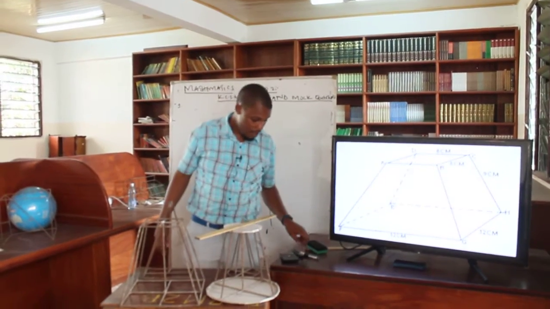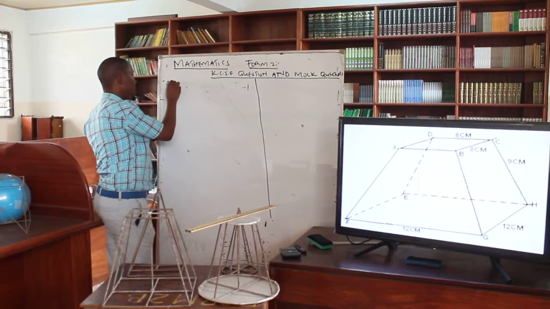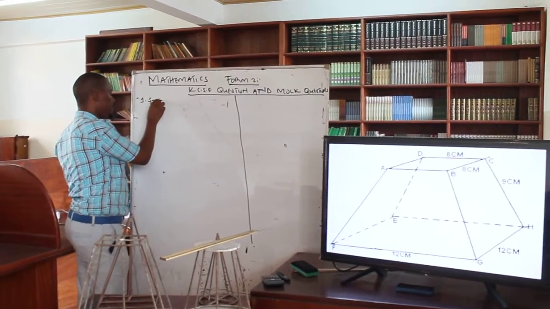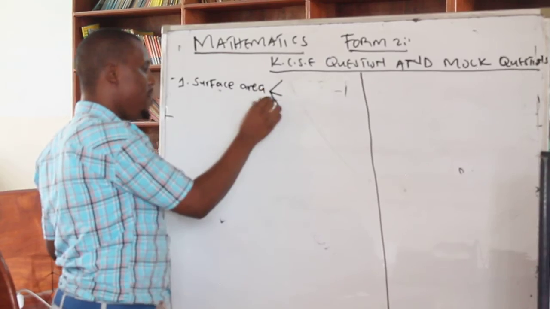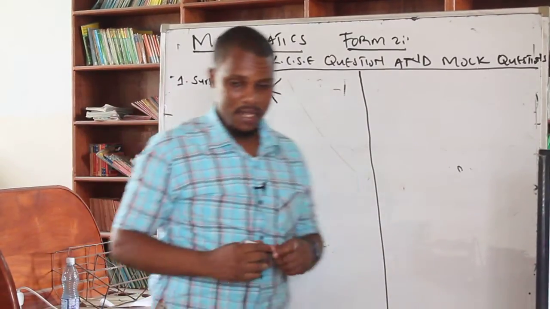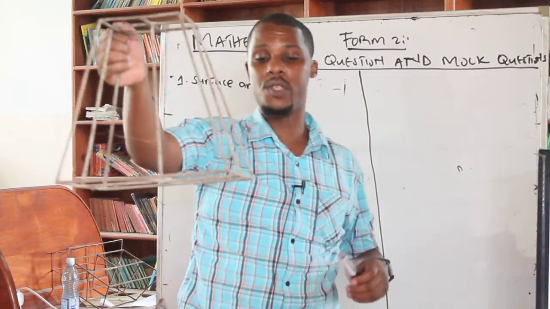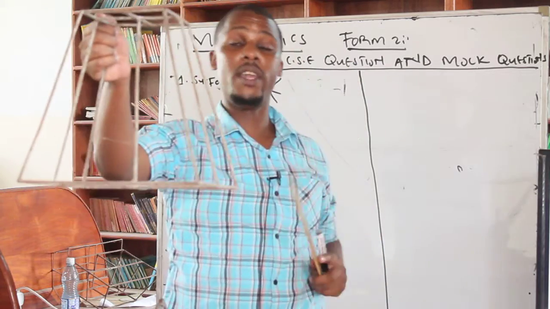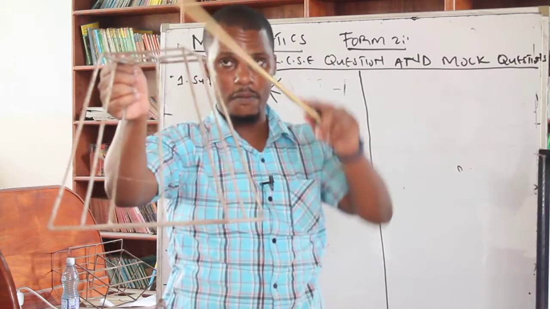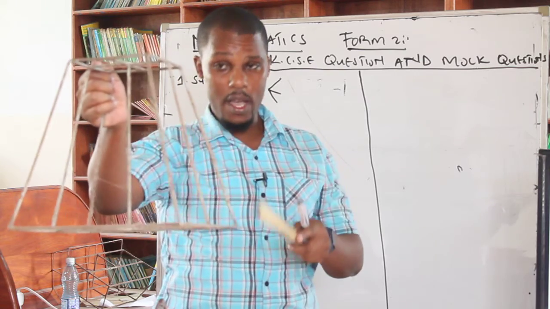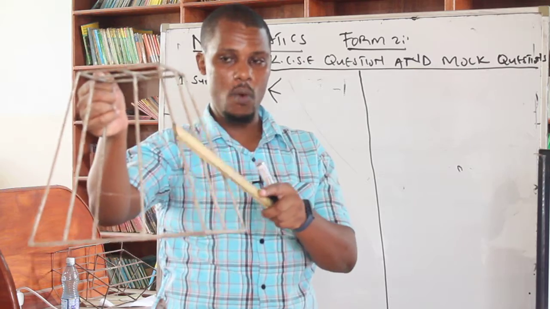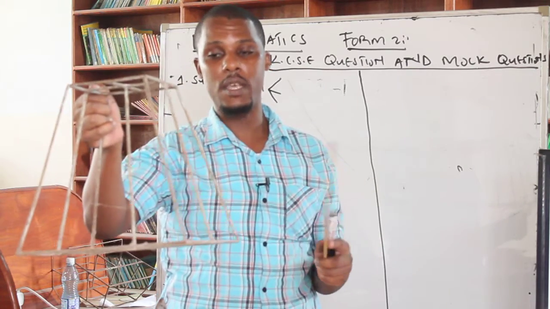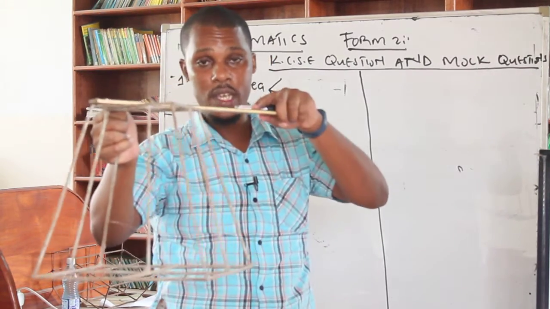In question A, the examiner is telling us to find the surface area. And remember, for you to find the surface area, we agreed you should be in a position to identify the faces that are making your frustum. So in this frustum, how many faces can you see? We have the top square, that is the first one, the bottom square, that is the second one. Then we have this one, the trapezium. And this trapezium, the four of them, 1, 2, 3, 4, are going to be the same because the base is a square and also the top is a square.